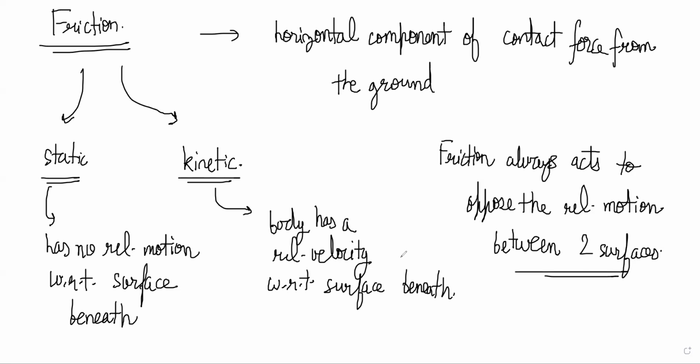Now, you can obviously change the strength with which you are pushing. And you might realize that there comes a time after which you can push with enough strength to make the body move on the surface. So from there we can figure out that the static friction force has an upper limit or a maximum value, and otherwise it can adjust its value from 0 to that maximum limit. So we will later see that static friction f_s is less than or equal to mu_s times the normal force, and equality happens